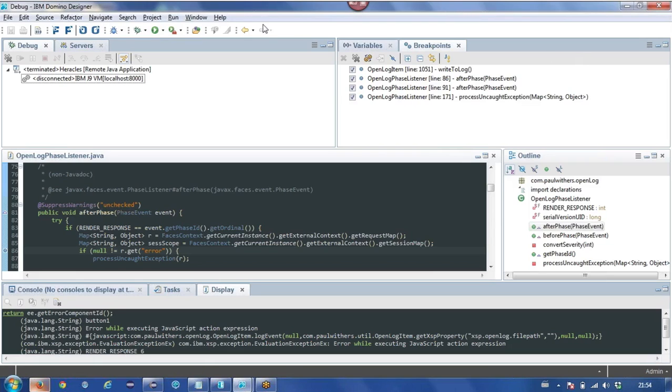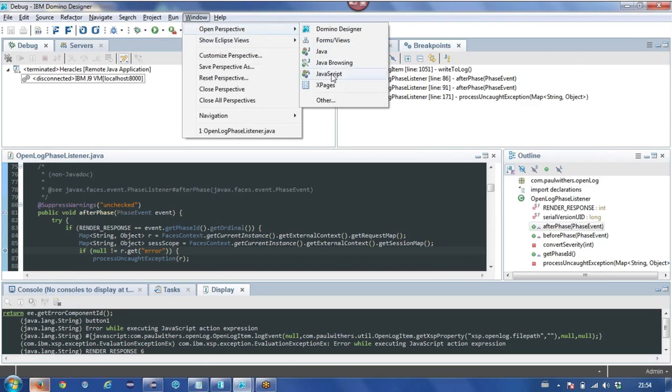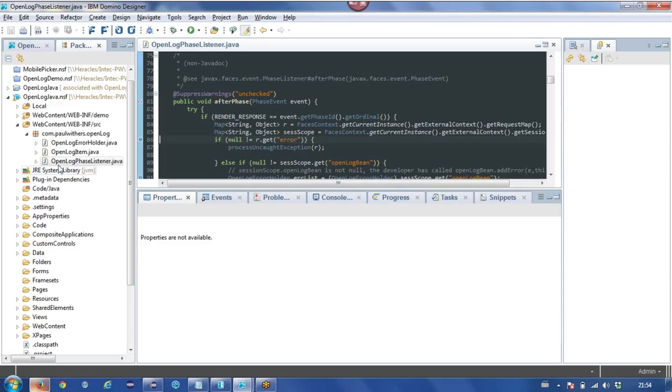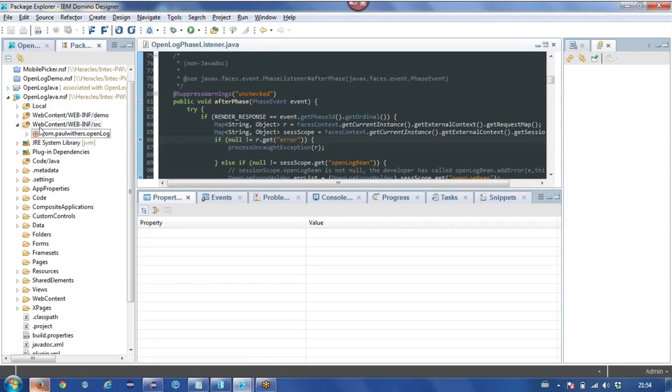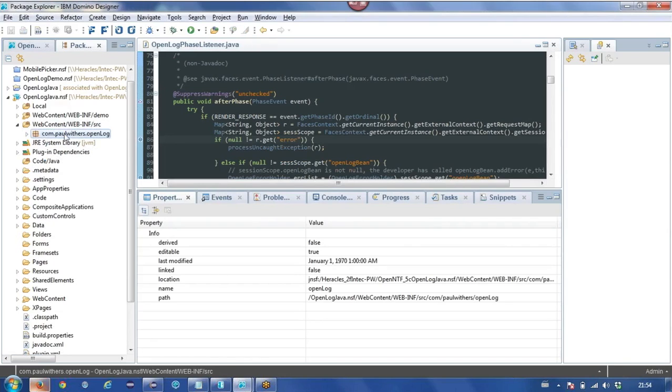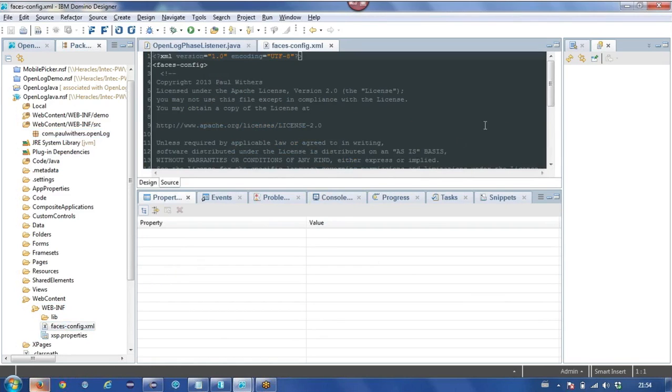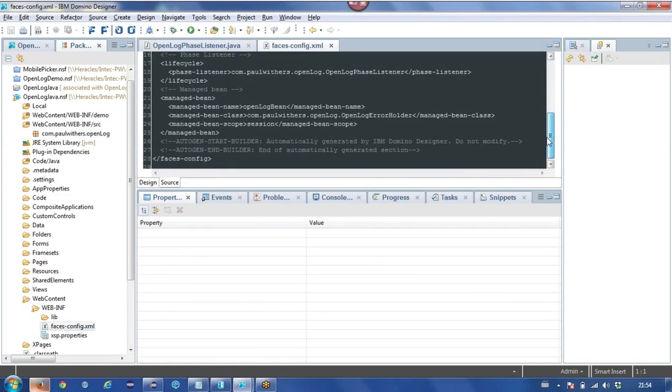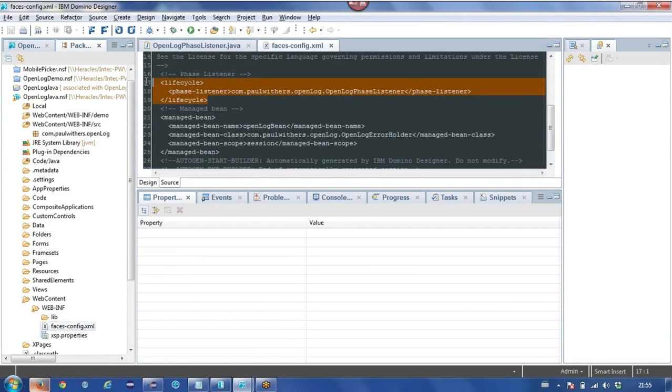There's two options really. Either copying the code into your NSF, and it's this com.pullwithers.openlog Java class, and then some code into the faces config that tells it to register that phase listener and register a managed bean for the OpenLog bean stuff.